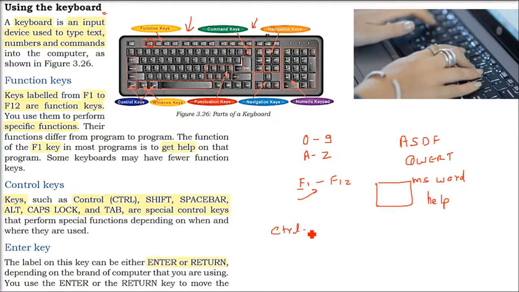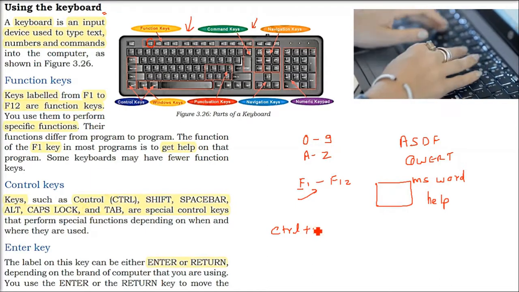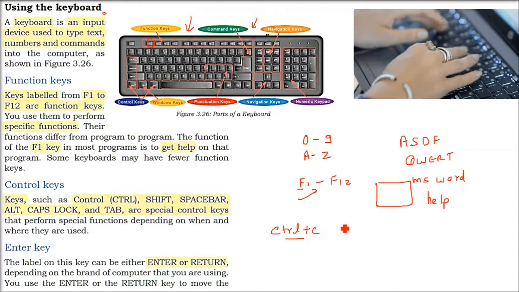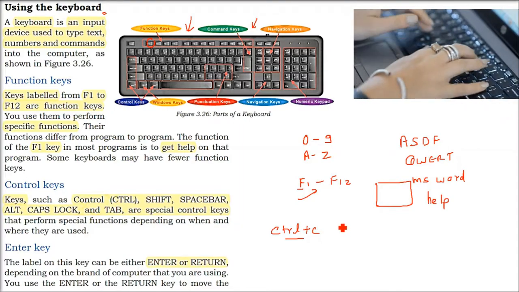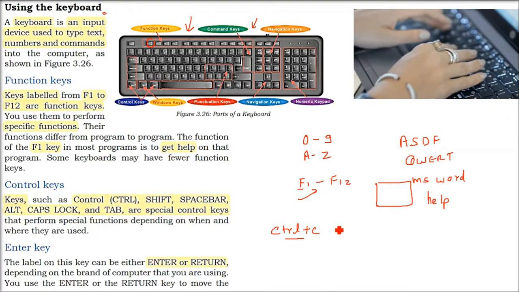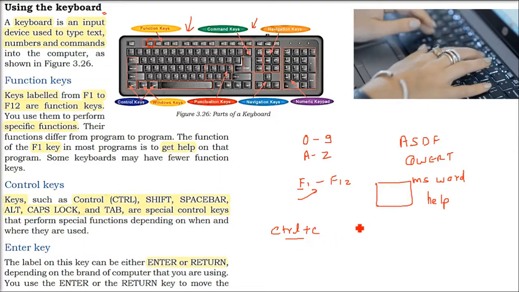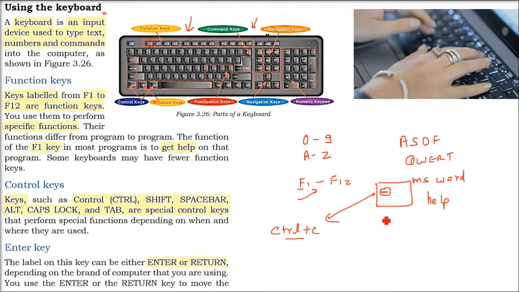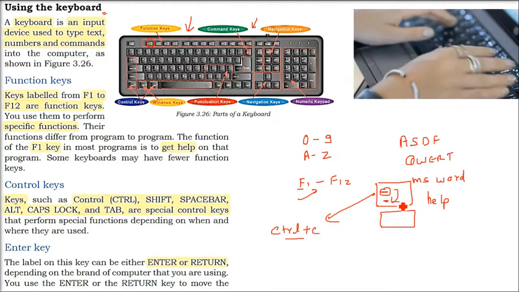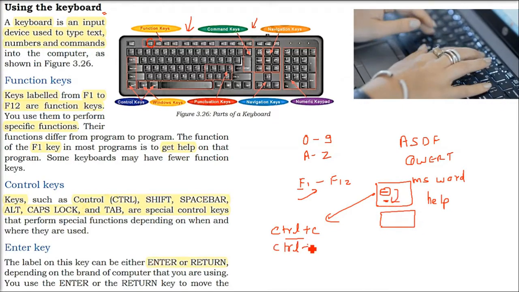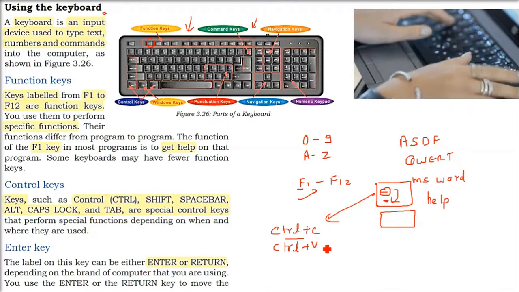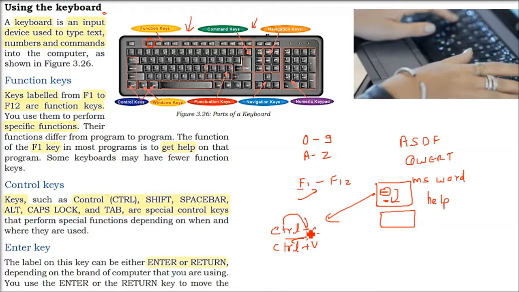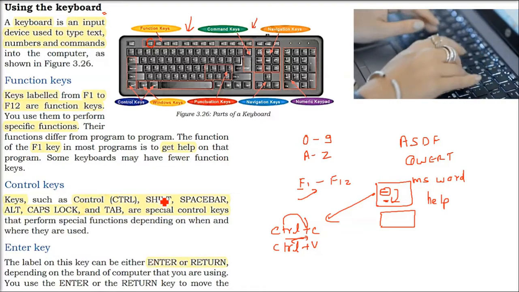If you press C along with Control, whichever content you have selected will be copied to a board, you call it a clipboard, in between. So it is copied there, and once you press Control C, in another document or in the same document, you now press Control with V together. So this content will be pasted here. So this is how the control key works along with other keys.